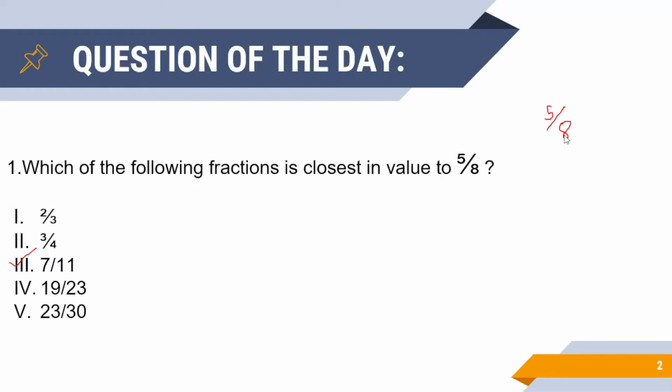So 5 by 8 can be represented as 0.625 in decimal form. Similarly, 2 by 3 can be represented as 0.666. Similarly, 3 by 4 can be represented as 0.750. Similarly, 7 by 11 can be represented as 0.636. Next, 19 by 23 can be represented as